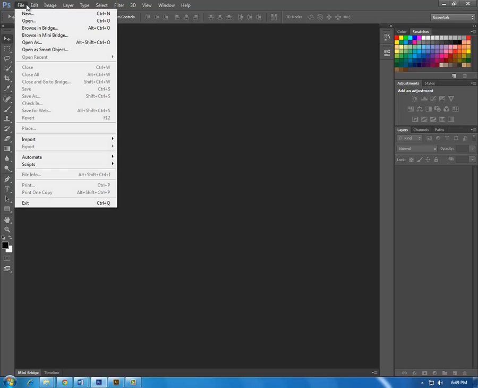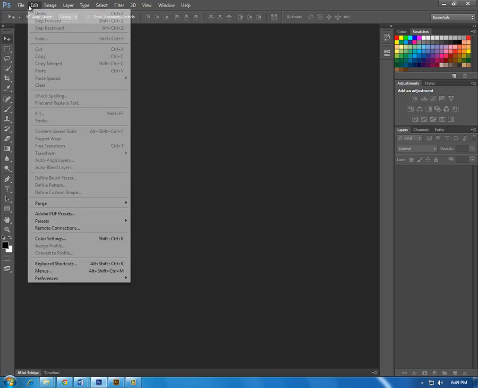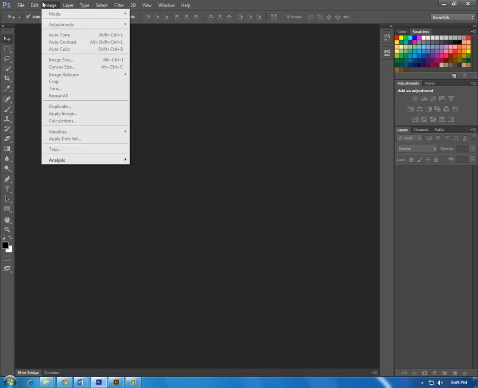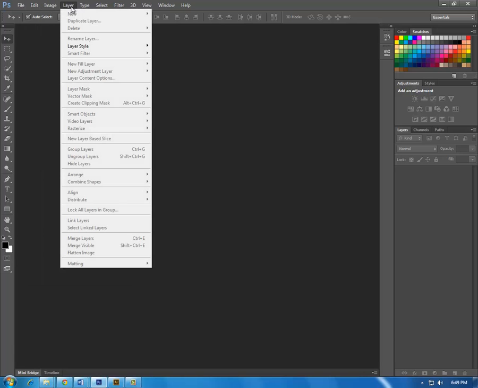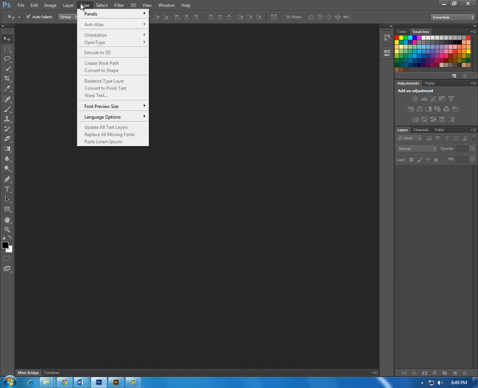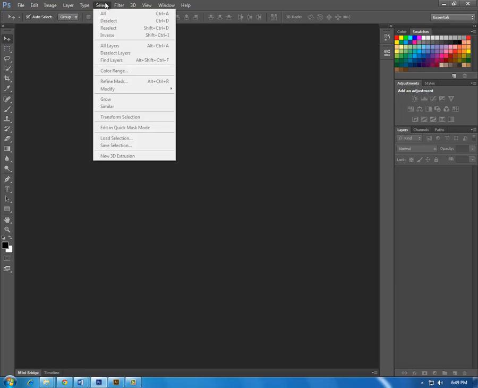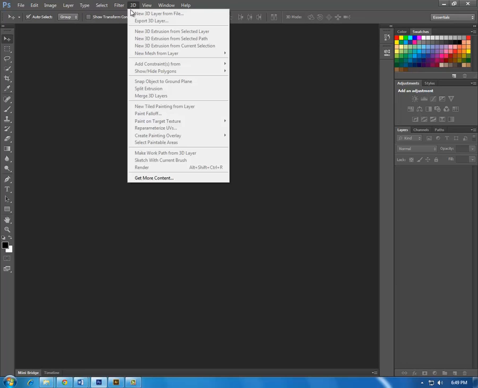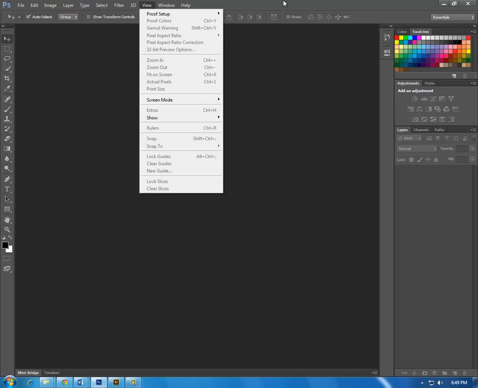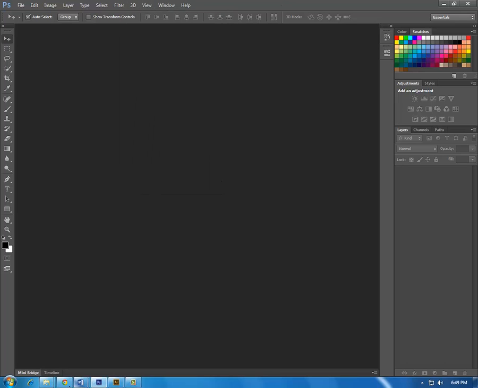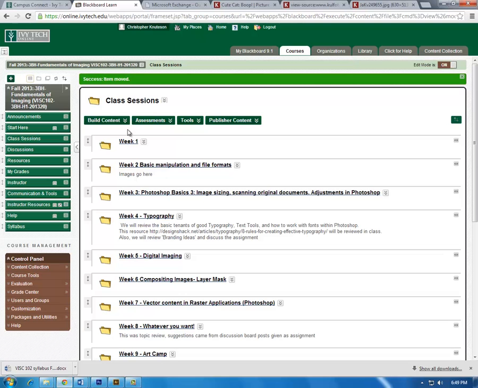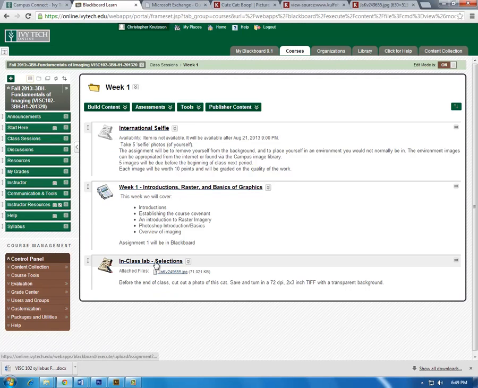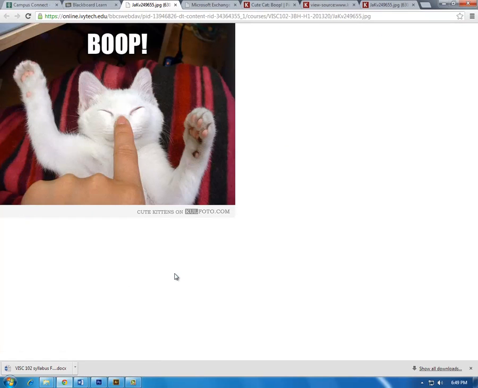Up at the top here, if you click on the menus, you see lots of other stuff. Most of it is grayed out right now. Mode, adjustment, and so on. What you don't see available means you can't use it, which also means you can't do anything with it because we don't have anything open. So let's go ahead and grab a file and then open it up. If you go to week 1,